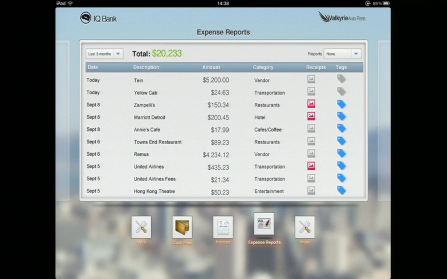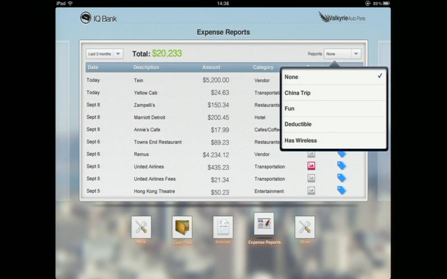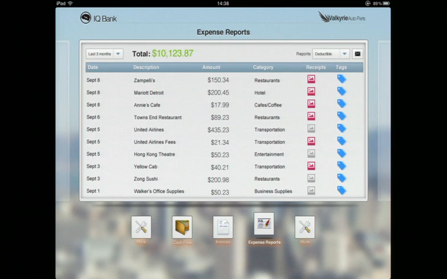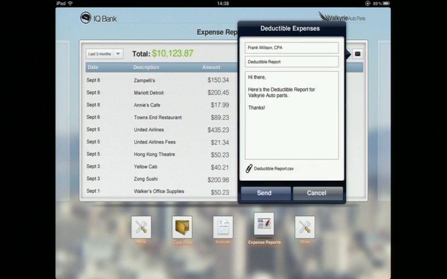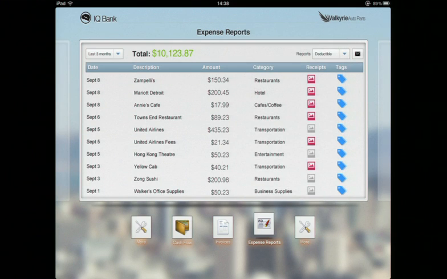I'm going to create a report of my deductible expenses by clicking on the button in the upper right. I'm going to select all my deductible. It created that list. Now I'm going to click on the icon in the upper right to email this to my accountant. It pre-populates all of the fields that I need and attaches the report. And with send, submitting is as easy as that. So this is a lot simpler than it would have taken at any of the other systems that I've used in the past.